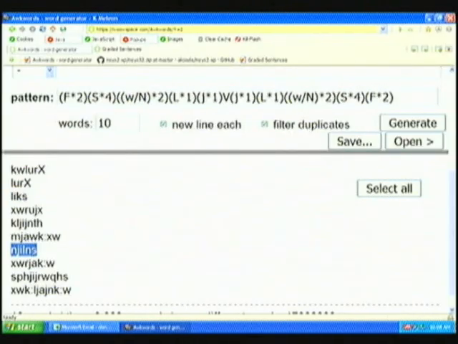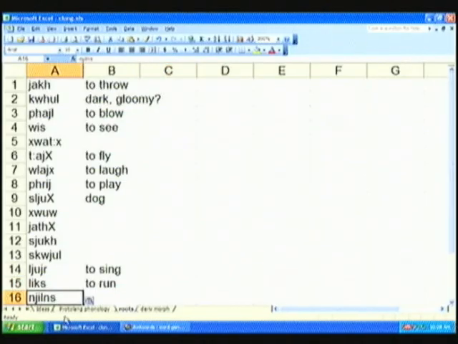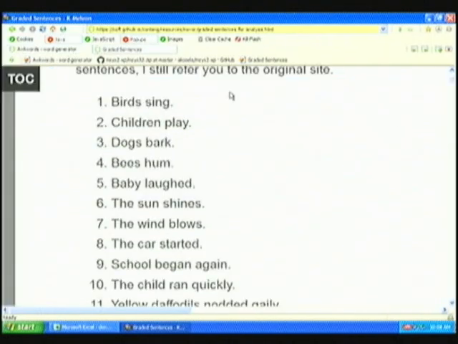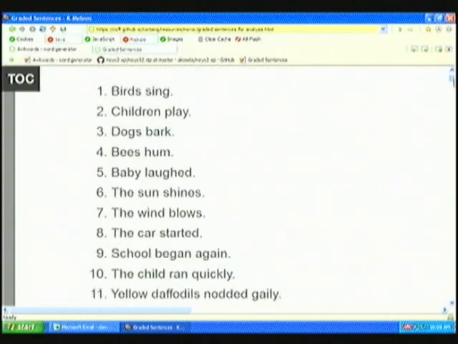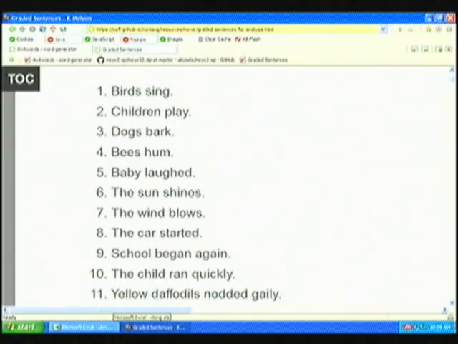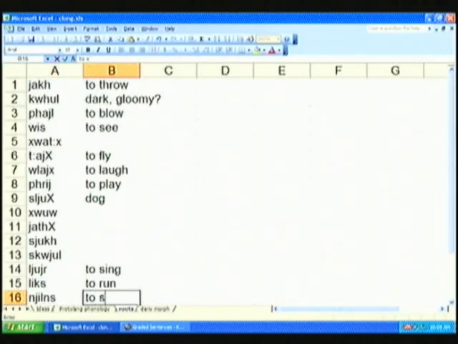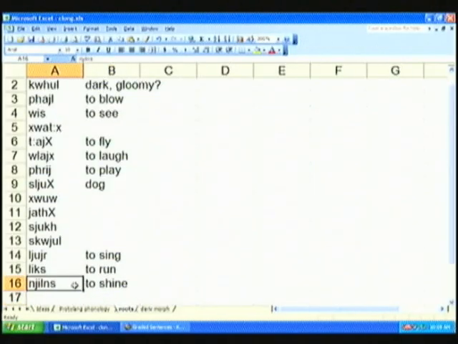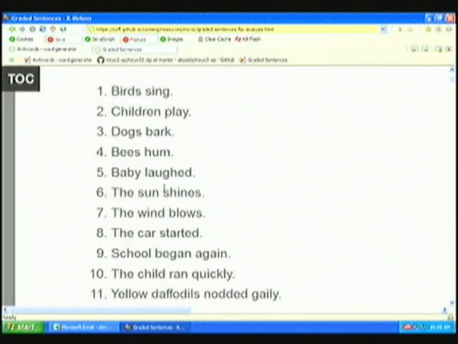Nilns. To shine. I'm not sure I like the S. Niln, to shine. Okay, this is coming along quite well. The thing that shines might be the sun, or maybe gold or silver or something. Or